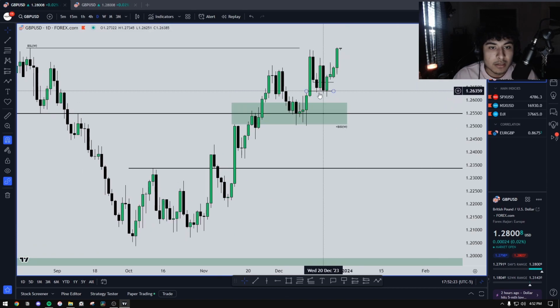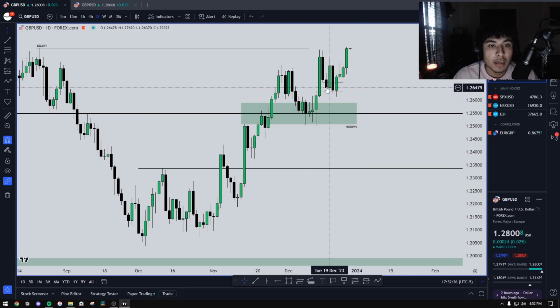But here on the daily, you can see we formed, again, we had that buy side imbalance respected. We created another daily buy side imbalance here off the buy side imbalance on the weekly. What does that tell me? Price is strong in that direction, so order flow is strong, and we use it as a means to push